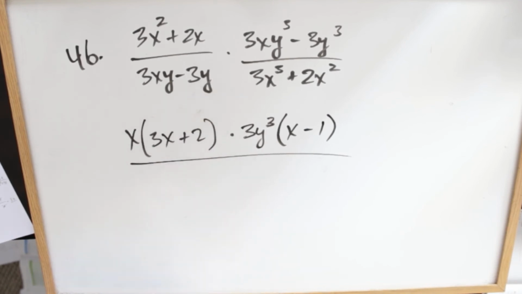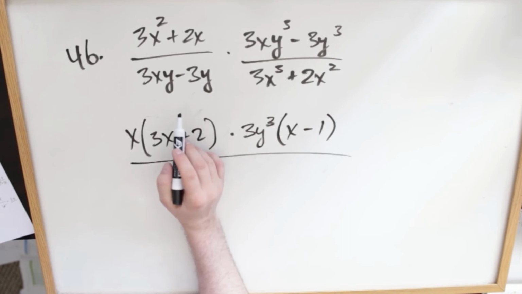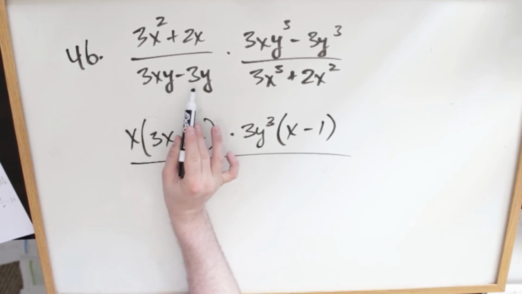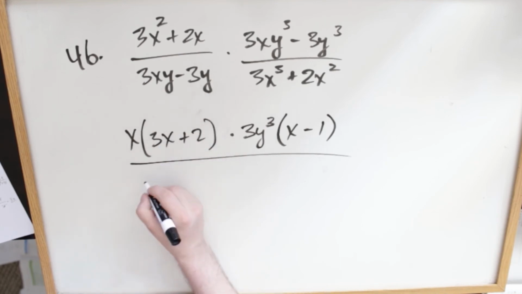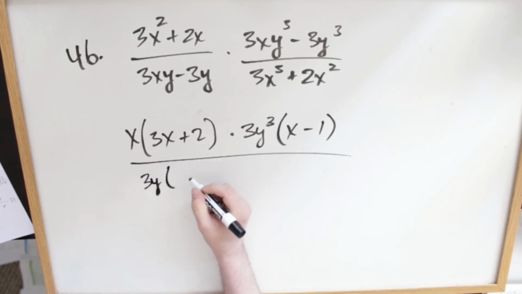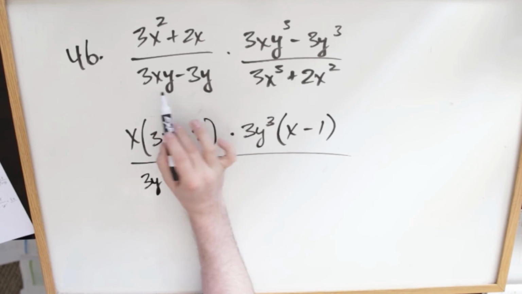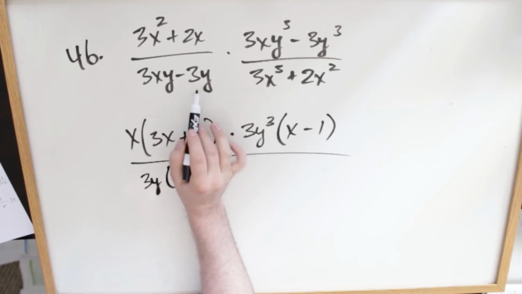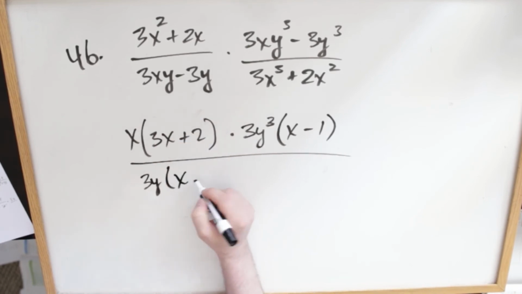Again, we're doing the whole thing separately, and I'm kind of converging them all into a single fraction. Again, you can do that. That's fine. 3xy minus 3y. It looks like a 3 is in both pieces. There's a y in both pieces, so we'll do a 3y in front. And what's left is an x and the minus 1